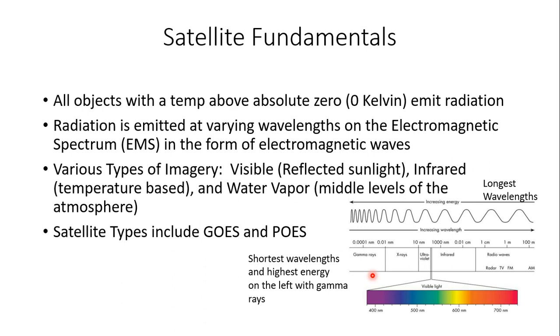There's infrared or IR imagery, which is totally temperature-based. There's water vapor imagery, again, which generally details the amount of moisture in the mid-levels to the upper levels of the atmosphere. And there's also a couple of satellite types that I'm going to get into next. These are called the GOES and POES. And just before I move on to the satellite types, I wanted to show you this brief description of the